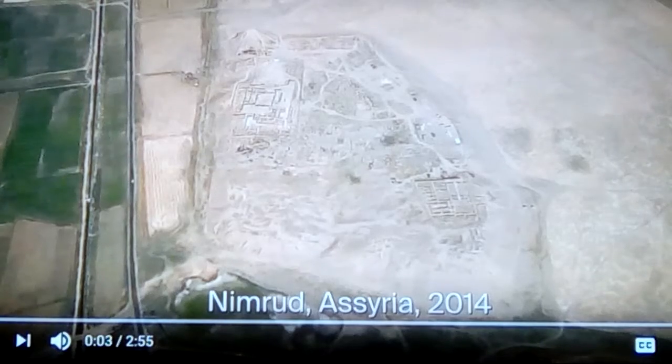This is a digital reconstruction of the Northwest Palace of Nimrud in Nimrud, Assyria. This is the way it looked back in 2014. Sadly, now it's been occupied and pretty much destroyed and defaced by ISIS. It should have been stopped, but regardless of that, this is a digital reconstruction done by the Met Museum